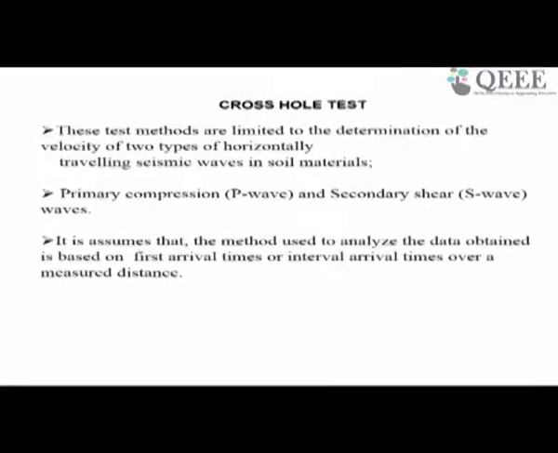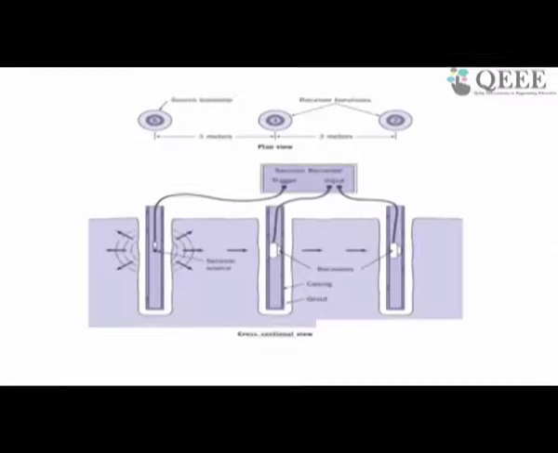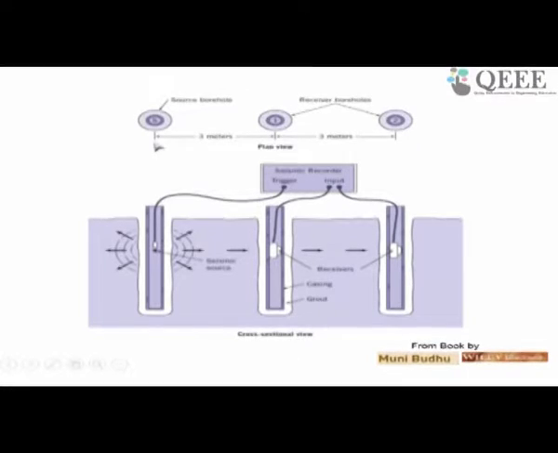Before I discuss in detail, let me show you the diagram for this particular test. In the seismic refraction test, what you followed is basically you generated some source, and at different distances you tried to record the travel time of the seismic wave. But in this particular case, you have different holes in the ground, and using those holes you are trying to characterize the ground. Similar to the seismic refraction test, here also you must have some source through which you generate the seismic waves.